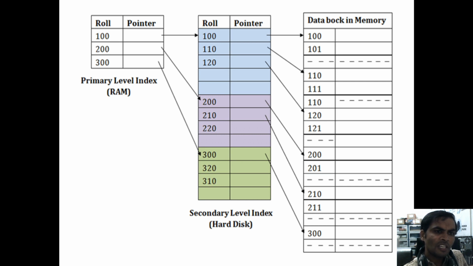With the help of the nearest value, it points to the hard disk, under the data block or main existing table. Then the nearest value of the search key exists there. After that, the pointer of this block points to the next address, where the search key value will be. So for accessing data from your database, the secondary index is not fast, whereas the primary index is very fast.